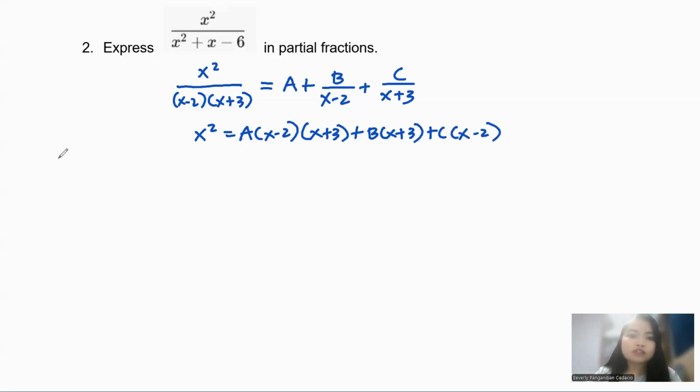Now, in equating coefficients, it's better for you to expand it properly. Okay, let's expand. So this one is still x squared, and then we're going to do the rainbow method. You can just do the rainbow method here, and multiply a later on, okay? But I will be doing it directly. So I'm going to have x squared, and this one is 3x minus 2x. So you're just going to have plus x there. And then you're going to have -3 times 3, so you're going to have -6, right?